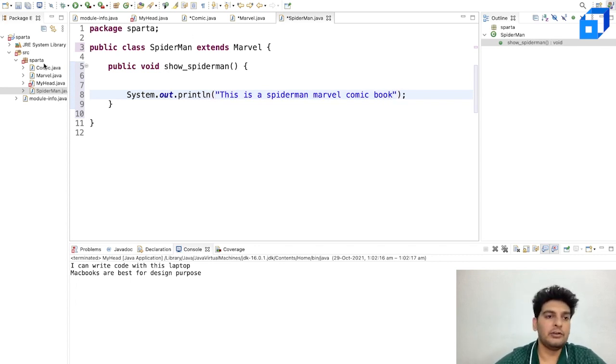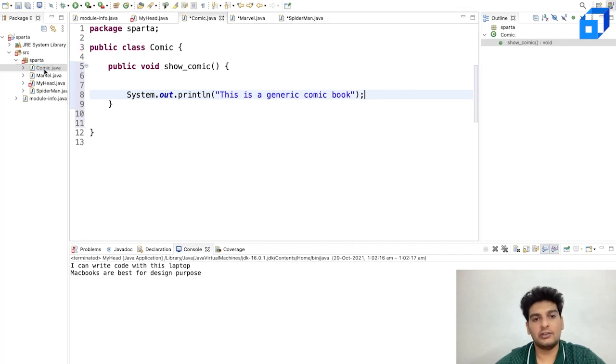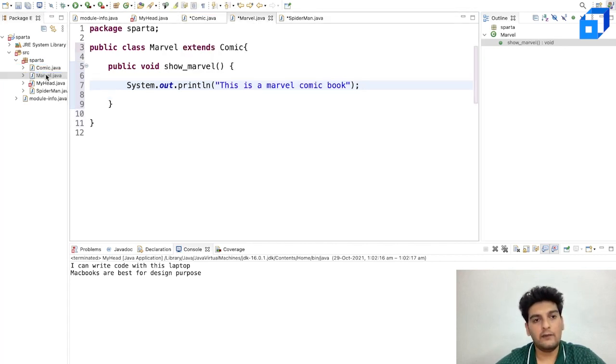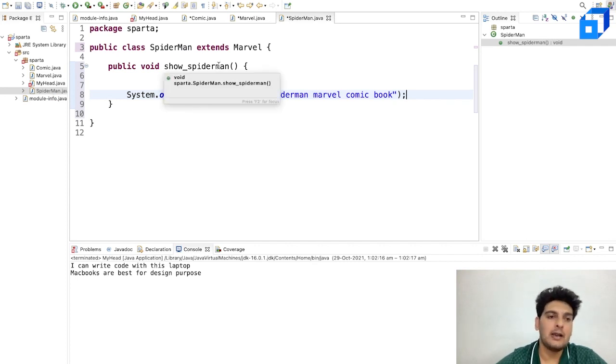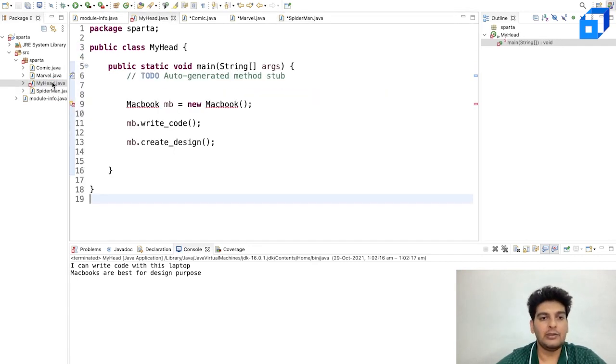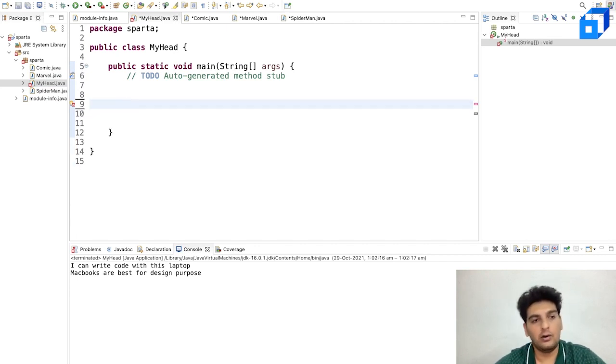So what is happening over here? We have first generation Comic, then we have Marvel, which is extending Comic, then we have SpiderMan, which is extending Marvel. Let me go back to the original class over here, which is my main. Let me delete all of this and I'll go ahead and create an object for SpiderMan, which is at the lowest tier. So I'll have SpiderMan sm = new SpiderMan().